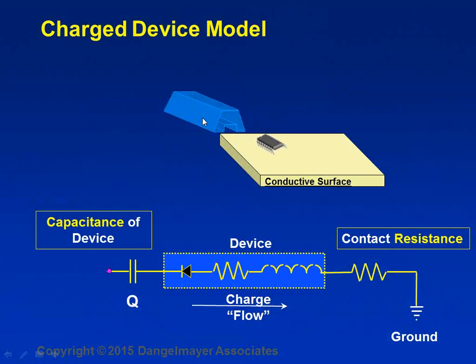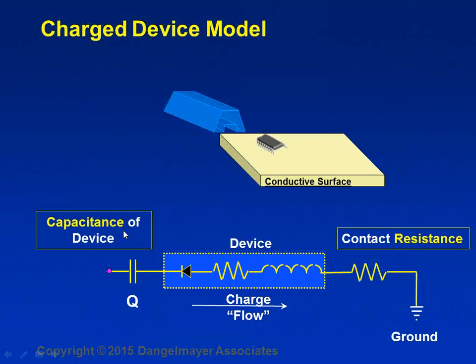Here the device is sliding out of a shipping tube, and in the process of sliding out of the tube, it became charged, then landed on a conductive surface. And that, simply put, is the charge device model. Now, it is schematically represented here, where we show the capacitance of the device, which is an important variable,